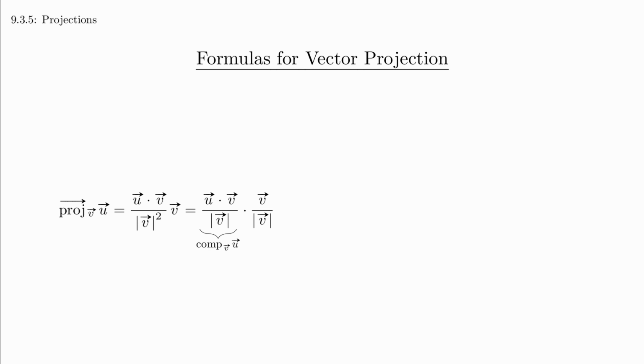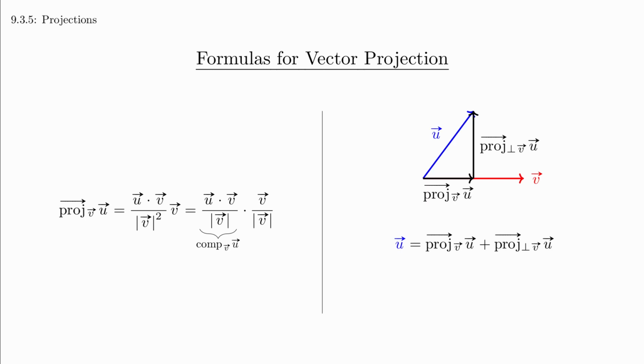The scalar is called the component of u in the direction of v. Notice that if the component is negative, then the projection points in the opposite direction of v. Lastly, we can get the perpendicular projection by manipulating the definition and making a substitution. I find it's much easier to think of this relationship in solving for the perpendicular projection rather than memorizing the